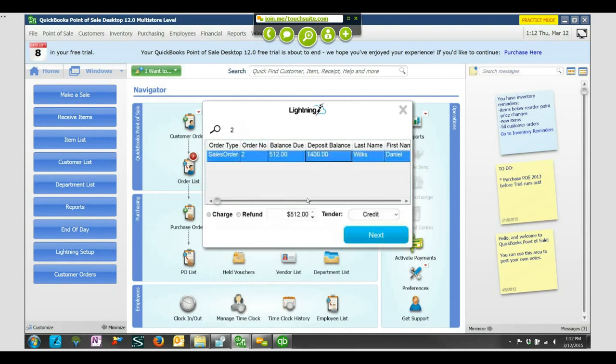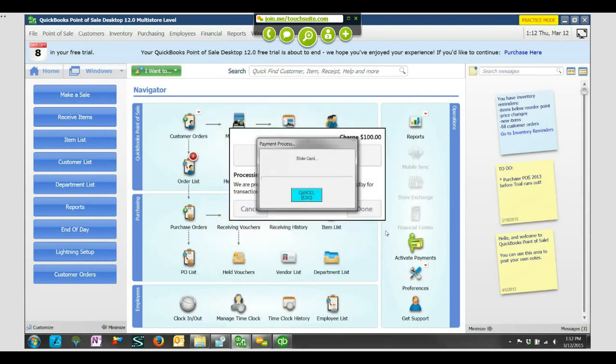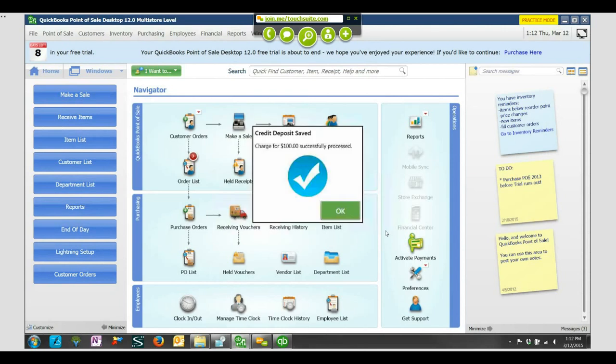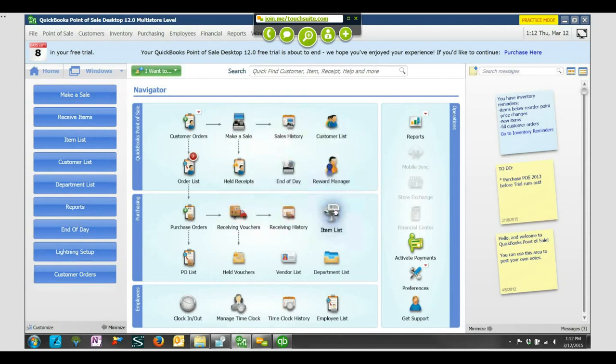You go ahead, you pick the one you want, we'll say for $100, and then this was such a popular feature, our customers asked us, can you not just do it for credit, can you do it for gift, cash, check, account, etc.? We said, sure, no problem. So then you just click on here, it takes the amount that you're going to have, so we'll say our Discover card. You get the approval and you're done. So now I've taken 6 screens and placed it in 2.